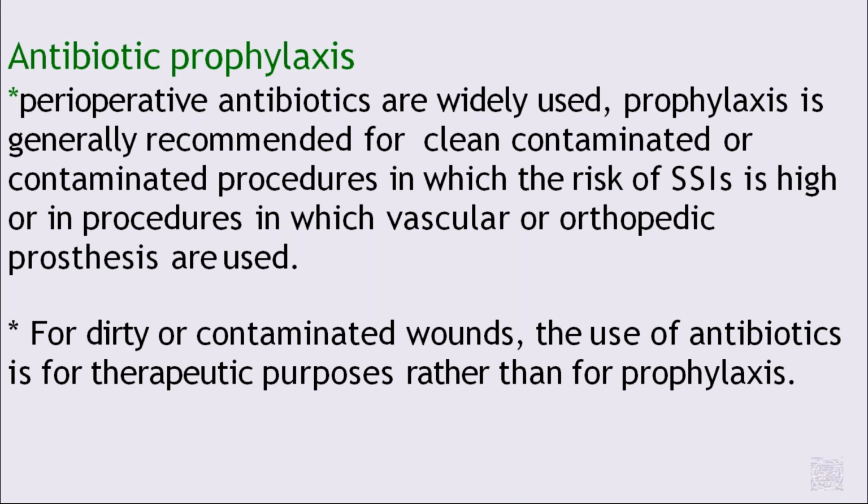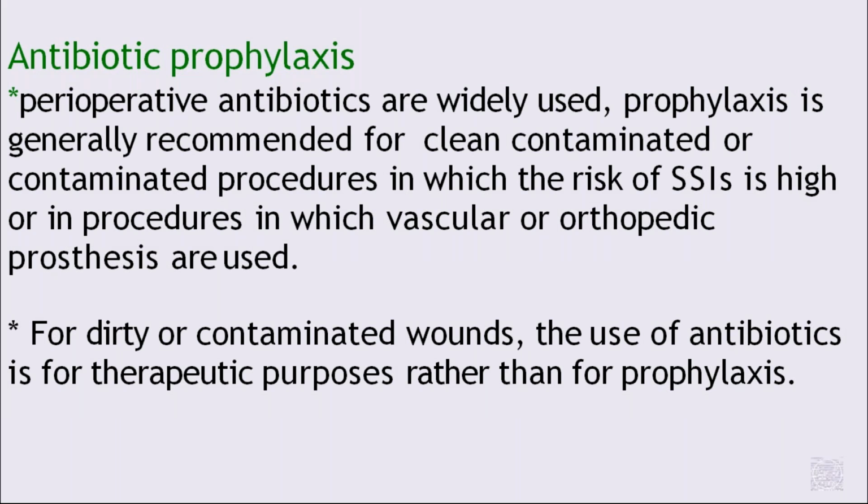So coming to the antibiotic prophylaxis. What kind of antibiotic should you use, and when should it be used? Perioperative antibiotics are widely used. Prophylaxis is generally recommended for clean contaminated, that is class 2, or contaminated procedures, that is class 2 and class 3, in which the risk of surgical site infections is high,